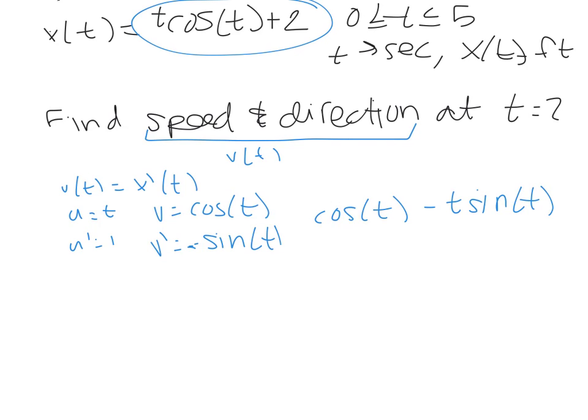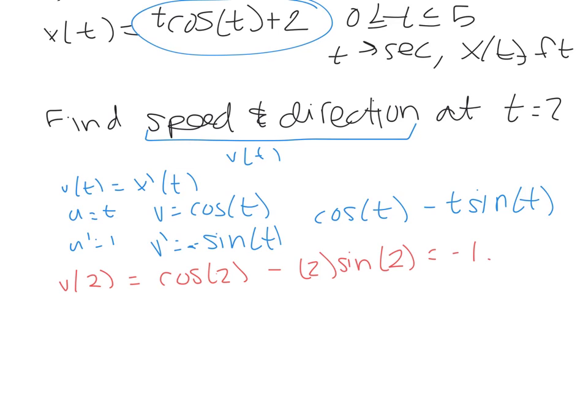I don't need to worry about the plus 2 because when I take the derivative of 2, it's going to go to 0. So I need to figure out my velocity at 2, essentially, to figure out the answer to this problem. So when I plug in 2 to my function, I'm going to get cosine of t minus, sorry, I'm not plugging in 2. Oopsie daisy. Cosine of 2 minus 2 times sine of 2. Okay, so that is going to equal